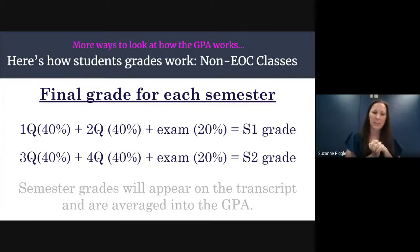Hi, everyone. Good morning. I'm going to explain a little bit of how we calculate those semester grades. You can see this is an example for non-EOC courses. The majority of the courses are non-EOC courses, meaning there's not that end of course exam. After this, I'll explain what an EOC course is and how those grades are different. For the majority of the courses students take, they will receive a semester 1 grade and a semester 2 grade on their transcript. The semester grades are calculated by adding up the quarter grades and the